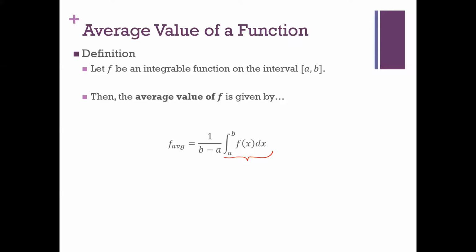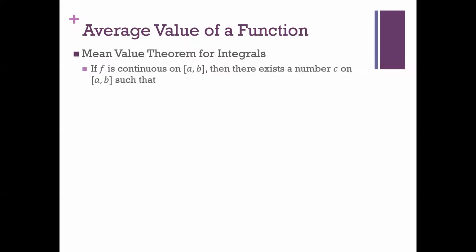So we've talked about the mean value theorem for derivatives in the past. There's also one for integrals. So if f is continuous, that means if the integral exists, that means there's an average value on that interval. And if there's an average value on that interval, it means that there must be some value inside that interval. Then when you plug it in,